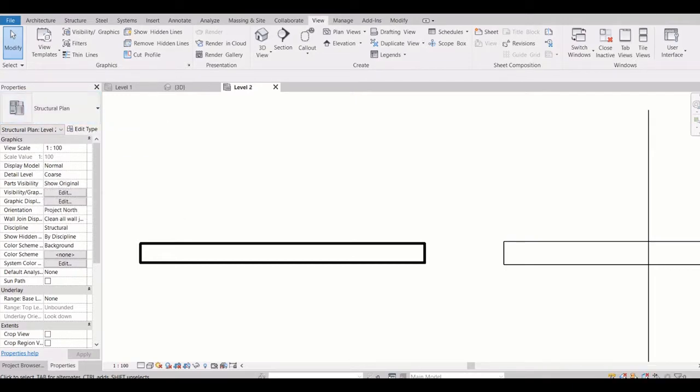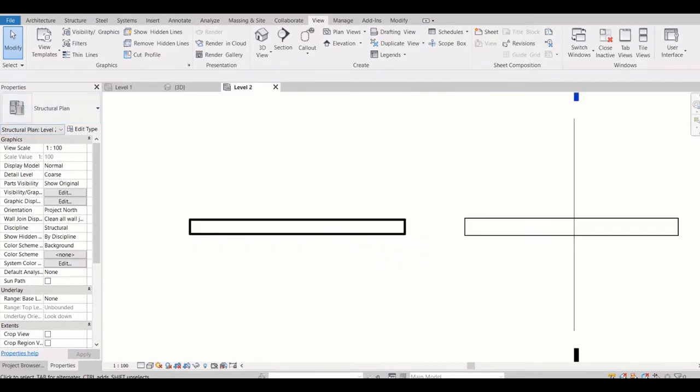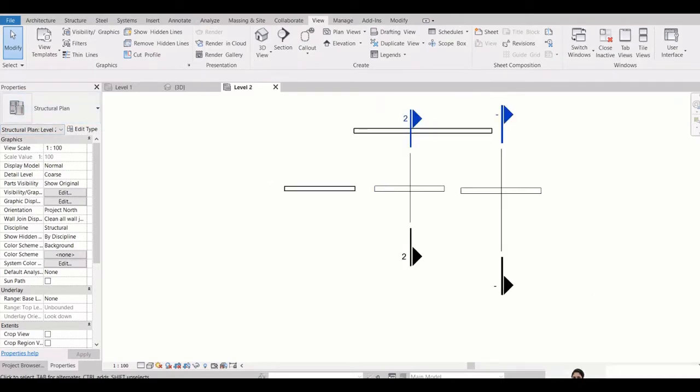In the rest position, this is the property and the setting of my view. Now I am on level 2. The scale of this level 2 is 1:100. I can change it from here, right?